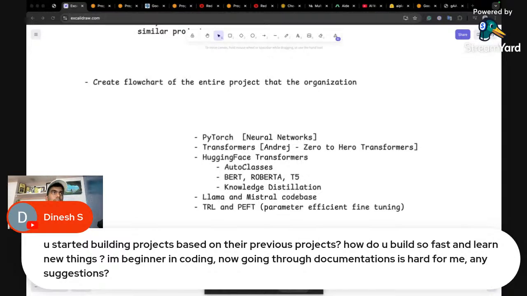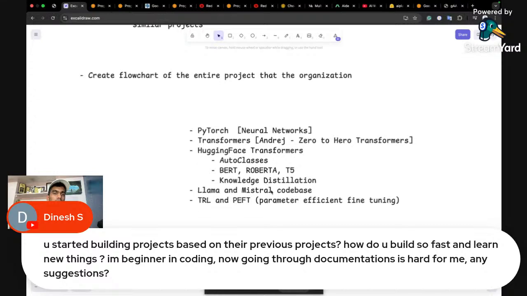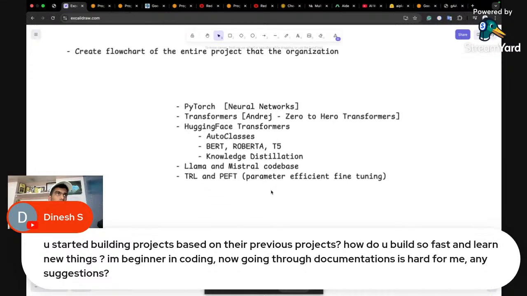Since I already knew how to build projects, the syntax, and the framework, it was easy for me to build relevant projects. So you probably need to understand the frameworks themselves before you can even start contributing, because each repository has its own framework. Try to learn that first and then build relevant projects. In my case, I knew what that framework was, so it was easy for me to get started.